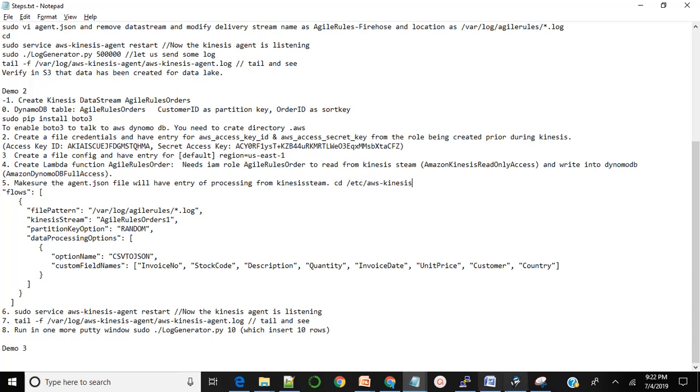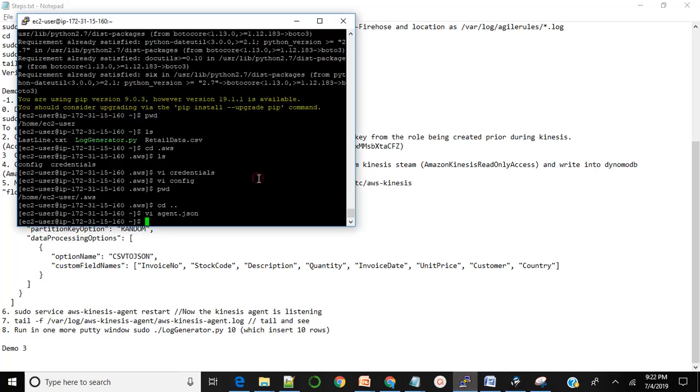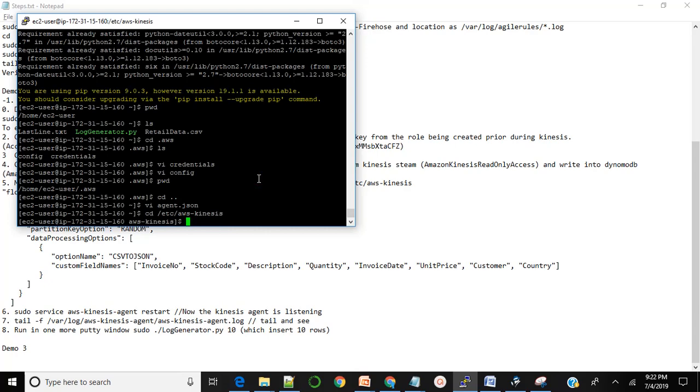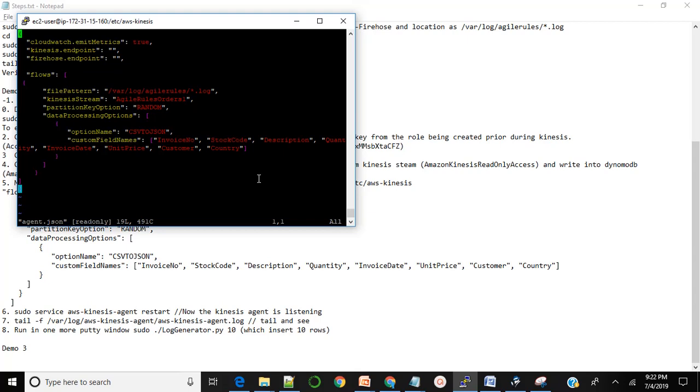Okay, so let me do this first. Now if I do this, so now this flows thing, when you install this Firehose agent, it creates this file by default